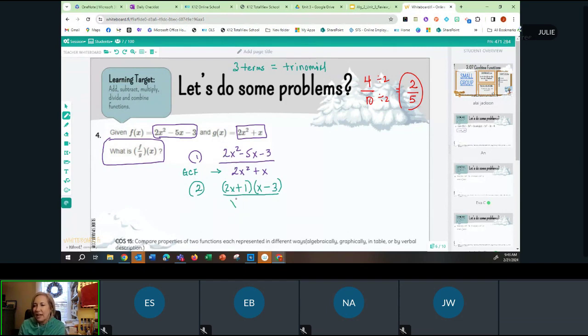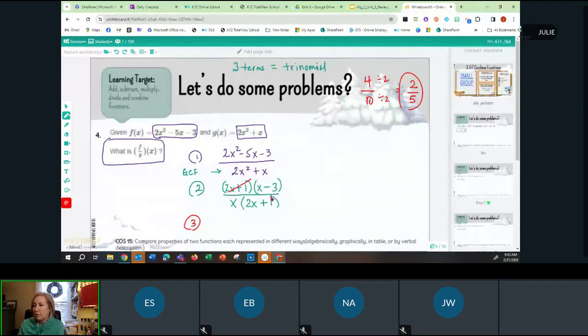Eva's got it. They have an x. So we can actually factor out an x. So we're going to say x times 2x gives me the 2x squared, and then x times +1 gives me the x. Okay, in my next step, in my third step, I can see that I have a 2x plus